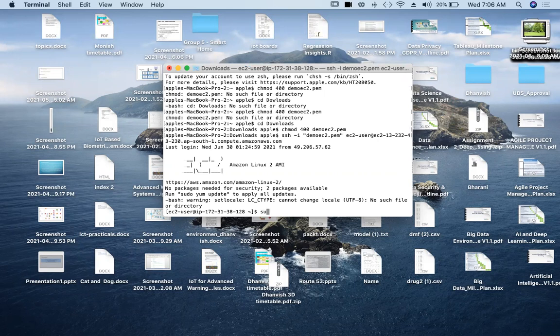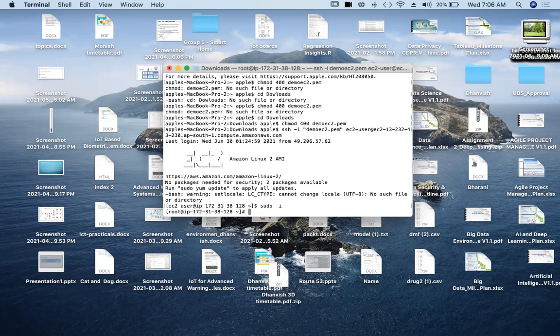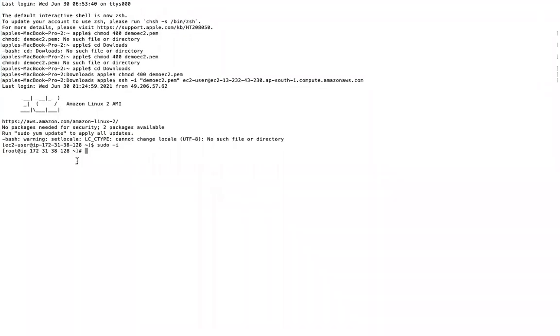Yes, here we are, and I'll log in as root user. And you need to install this package: amazon-linux-extras install epel -y. I'll also put it in the chat box.